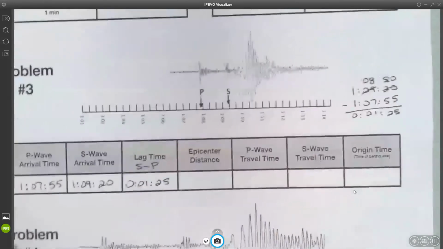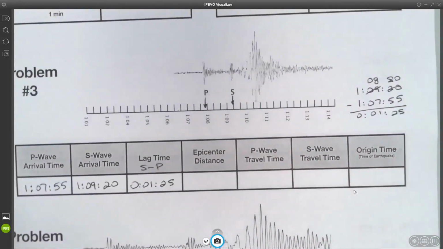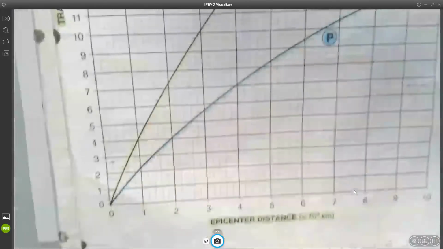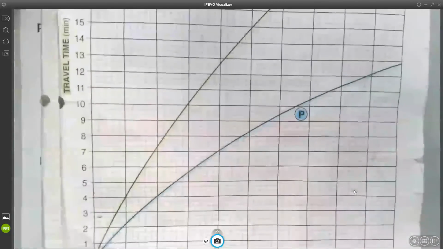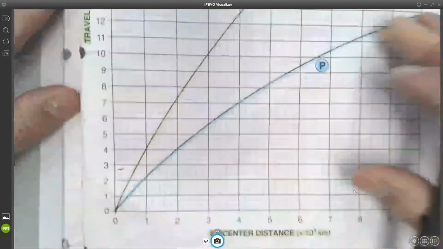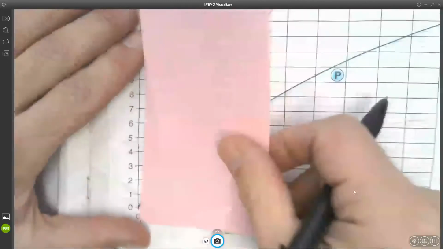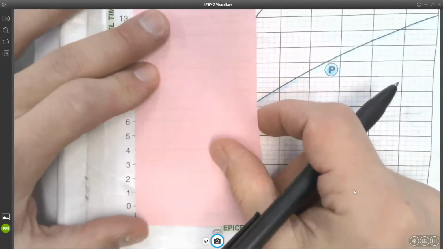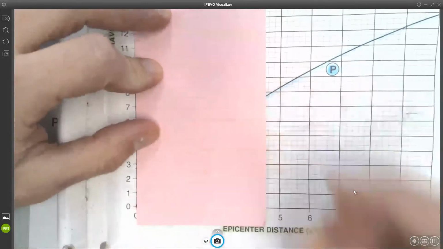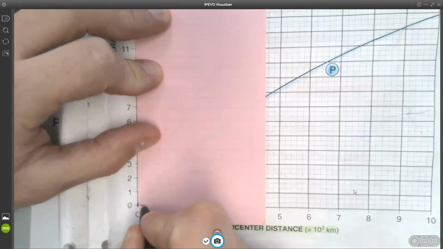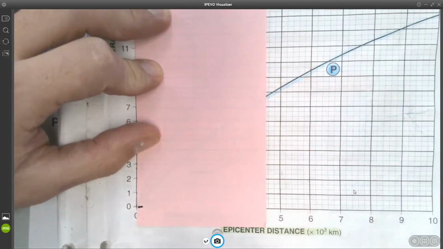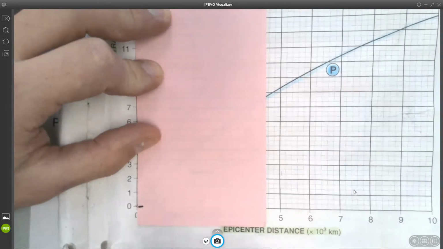Now, epicenter distance. Epicenter distance is something that you will have to use your reference table for. So I'll pull my reference table over and just zoom out a little bit here. Okay, and now what you want to do here is what's called the wedge method. Now, the wedge method requires using an extra piece of paper. So I'm going to take this extra scrap piece of paper. I'm going to put that right on the side of my y-axis. I'm going to mark where 0 is. And now I want to mark where 1 minute and